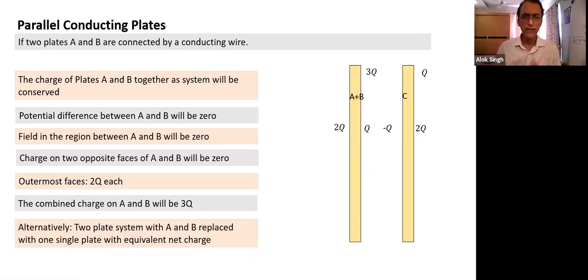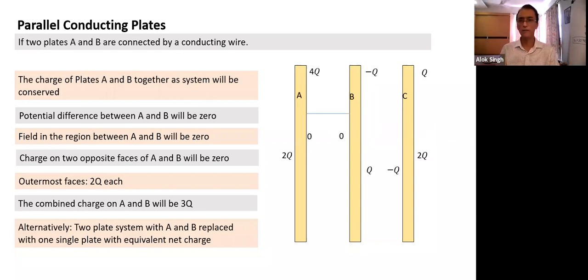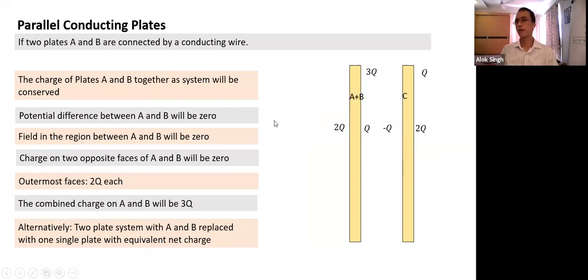This is not necessary, but this is another way we can think of. Since two conductors connected by a wire become like one conductor, logically I can explain and replace them with this. The only thing I should have done here, when I replace, is show the thickness of the plate A and B combined together as the total thickness. That would be appropriate. So that's what we had done, connecting by a conducting wire.